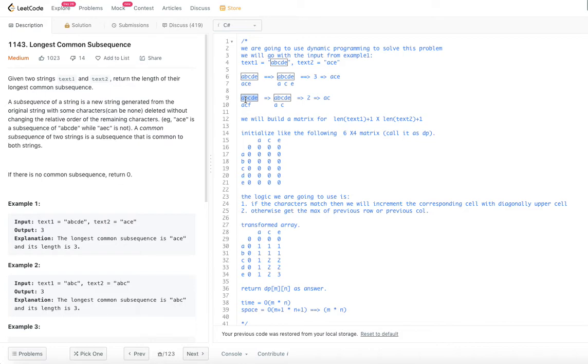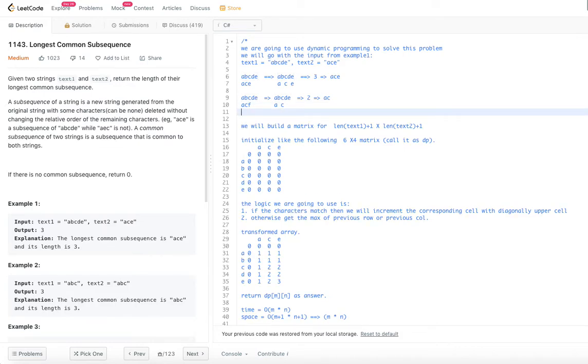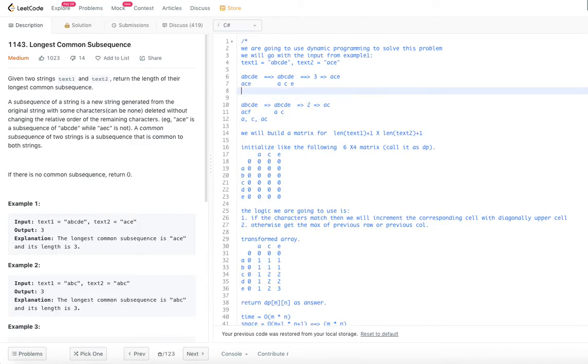So we are interested in the longest common subsequence. For this, A is a subsequence, C is also a subsequence, and AC is also a subsequence. So for the second example, what is the longest among the three? AC, obviously. So if you go back to the first example, right?